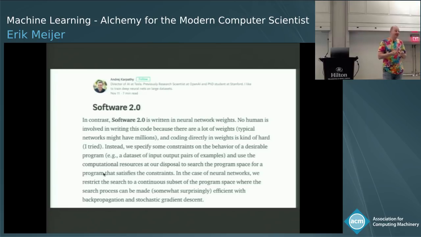But if I would give somebody here $1 million to formally specify how to recognize a cat or a dog in a picture, you wouldn't be able to do that. So even if you still love formal methods and you still think the old ways are great,